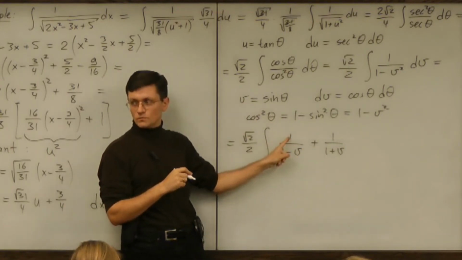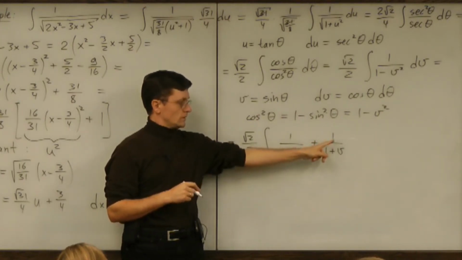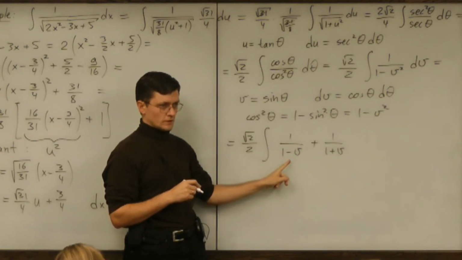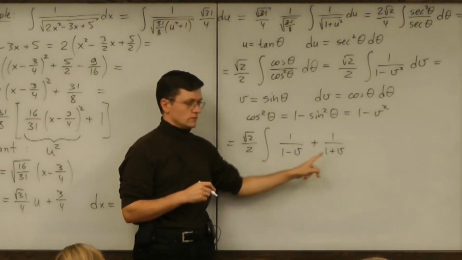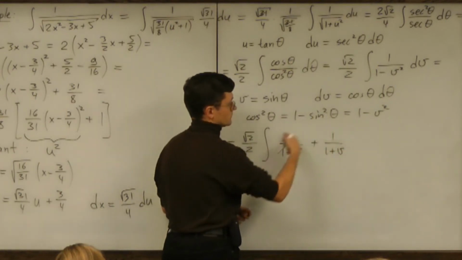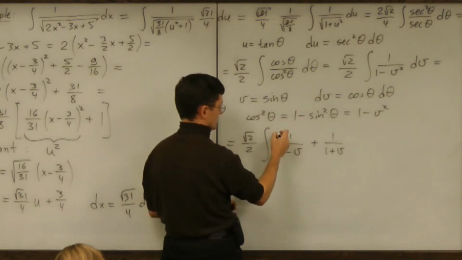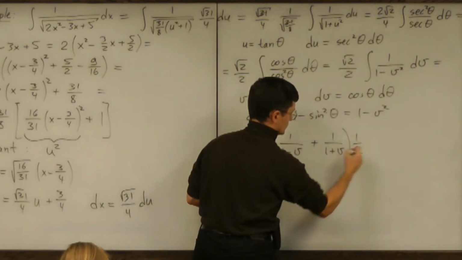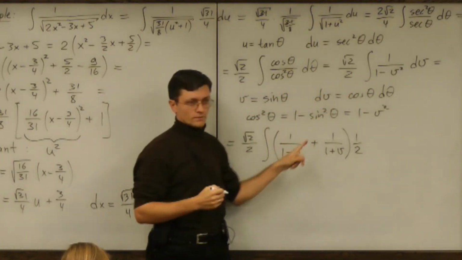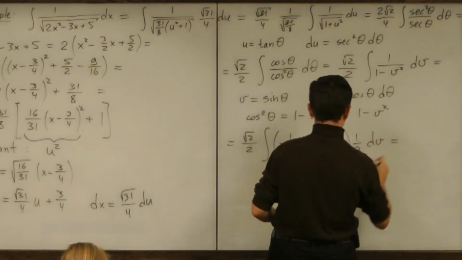Then the first one will be multiplied by 1 plus v. The second one will be multiplied by 1 minus v. And 1 plus v together with 1 minus v will have v disappearing, and we'll have, well, number 2 left. So this sum is not equal to that fraction, it's equal to double of that. So in order to keep the value of the integrand, I have to divide by 2. So this is just algebraic manipulation of that fraction. And again, we will make it standard in a few minutes. But for now,